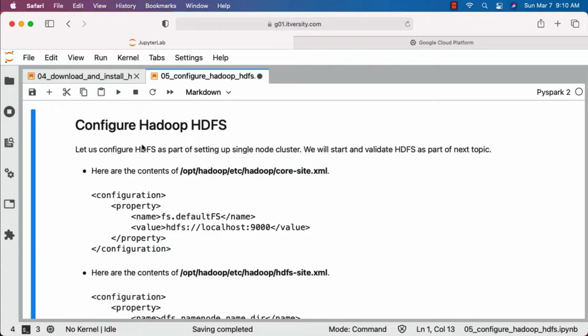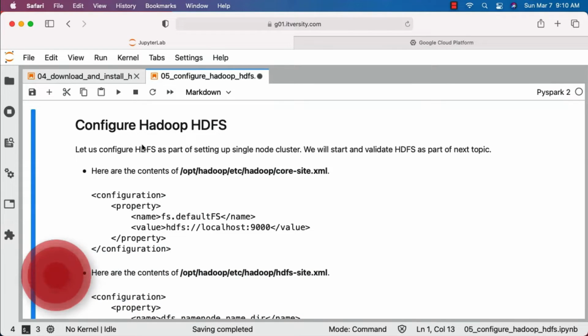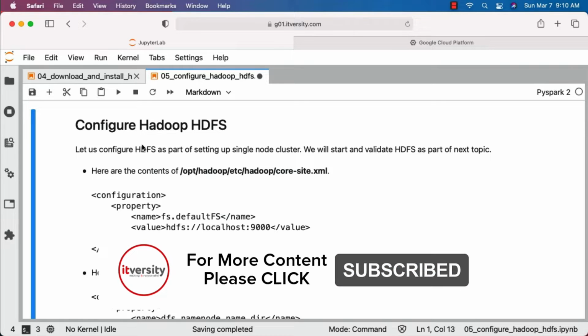As we have successfully downloaded and installed Hadoop related binaries, let's go ahead and configure HDFS as part of setting up single node cluster. We will also start and validate HDFS as part of the next topic. Once we are done with HDFS, we will also talk about YARN. Both HDFS and YARN related jar files will be set up when we actually download and install the Hadoop related